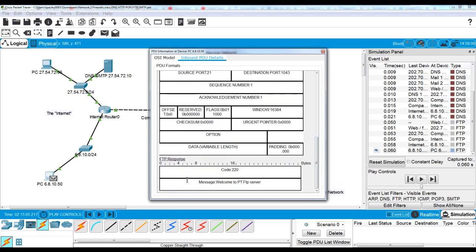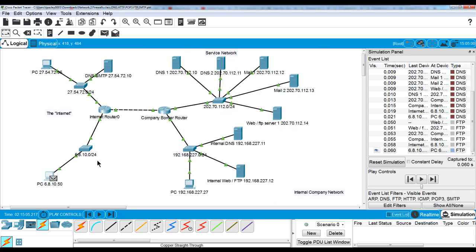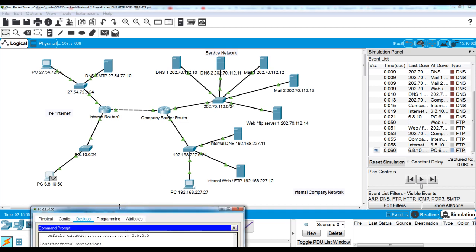I was looking for the response. So we got a code 220, and it says, "Welcome to the Packet Tracer FTP server." Sorry, while I was trying to look at the packet, this is what happened. And I think you can actually back up and see these. We'll try that in a moment. For right now, let's go look at what happened here